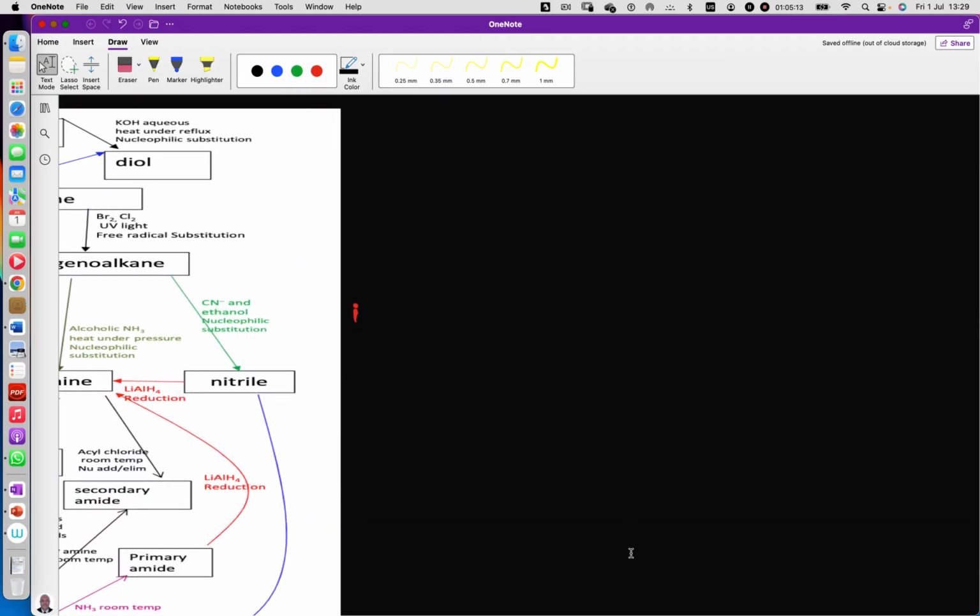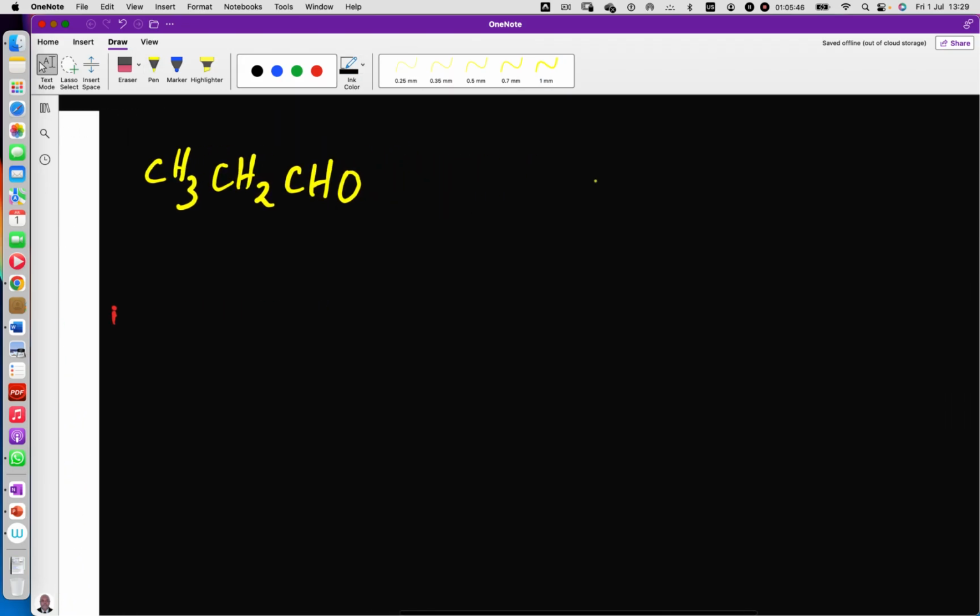Aldehydes can undergo reduction, the reduction of aldehydes to primary alcohol. Let me use an example of propanal. Propanal is CH3, CH2, CHO. Now, this can undergo what we call reduction to